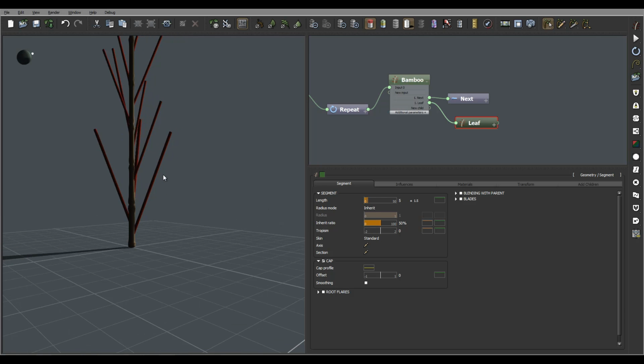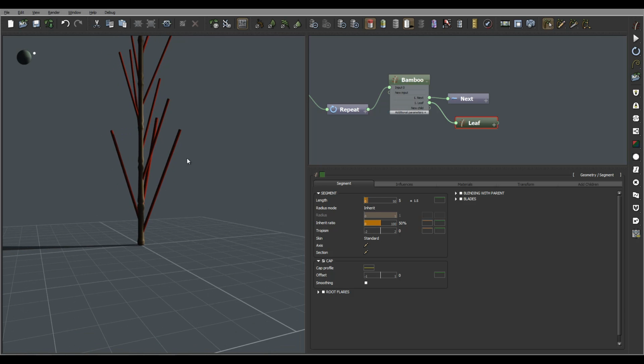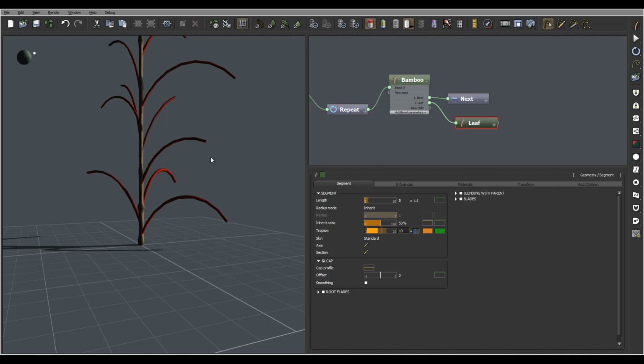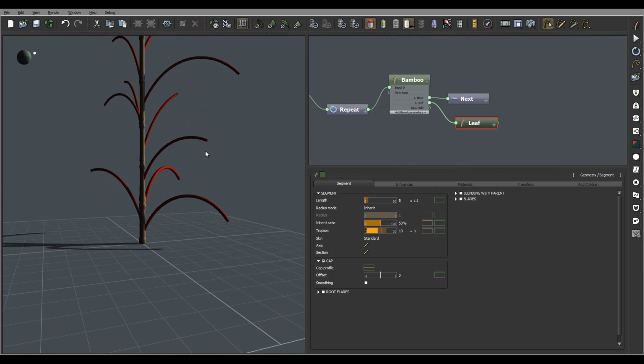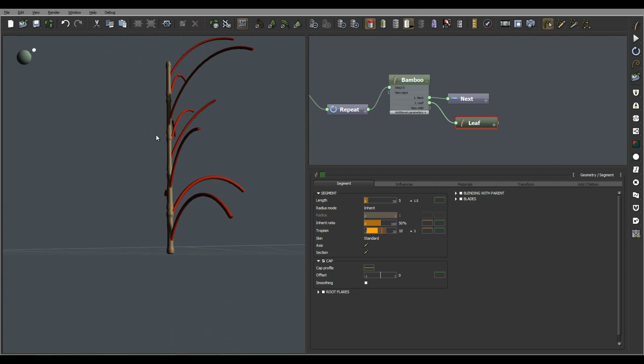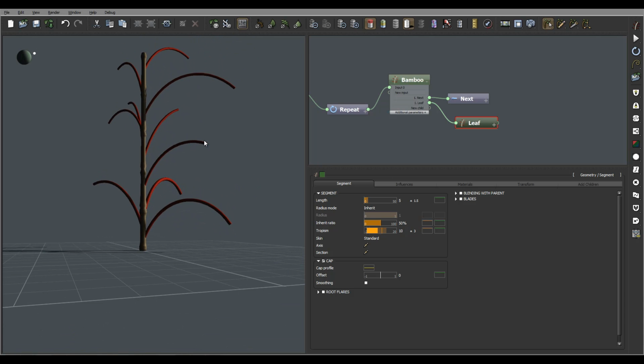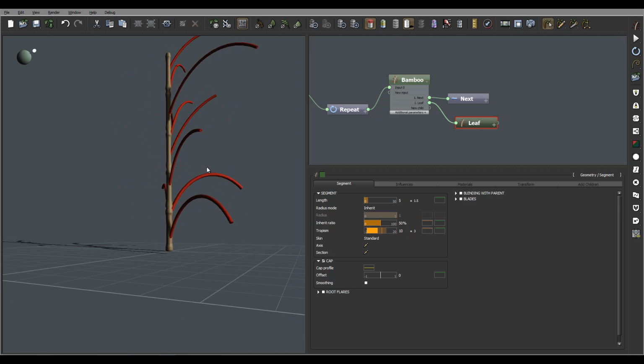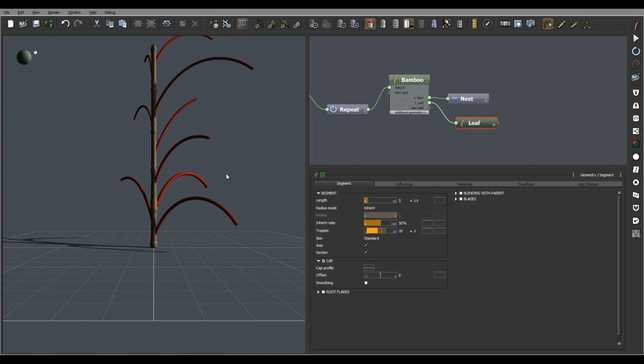Okay, I want to add a tropism to this, so we have it kind of dropping. But let's try maybe 10, and we'll add 3 random. Okay, that looks about right. Again, if you want, we can reduce trapezium on top, but I think this is really good,